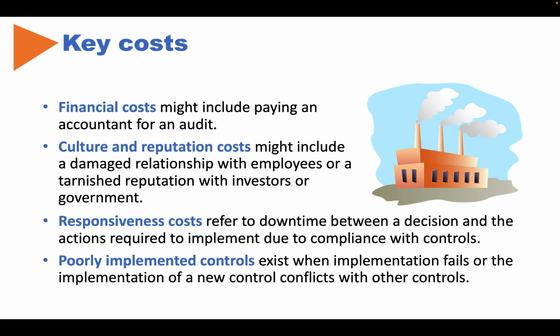So an example of the first one, the financial cost, is the fact that organizations are often required to, I was going to say always, but I'm sure there's some exception out there, required to perform and report the results of their financial audits. And these audits need to be undertaken by accountants, right? So often we use external accounting firms here in the United States like Deloitte or KPMG, global organizations, of course, or smaller independent accounting offices. And we have to pay for them. The organization has to pay for them, right?